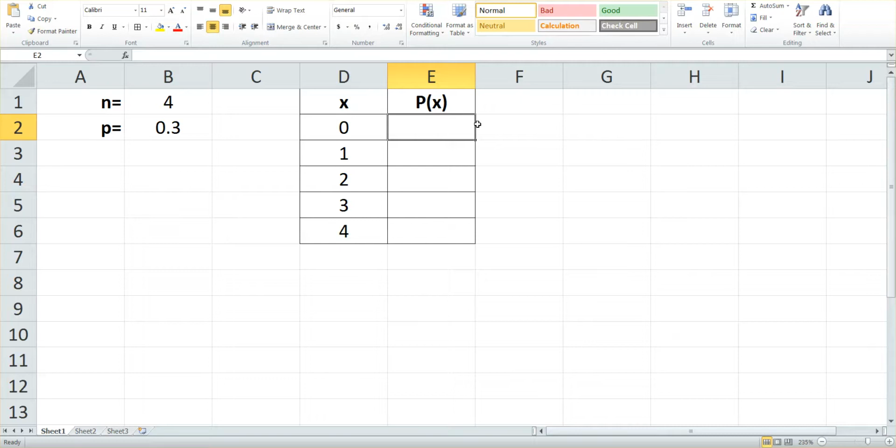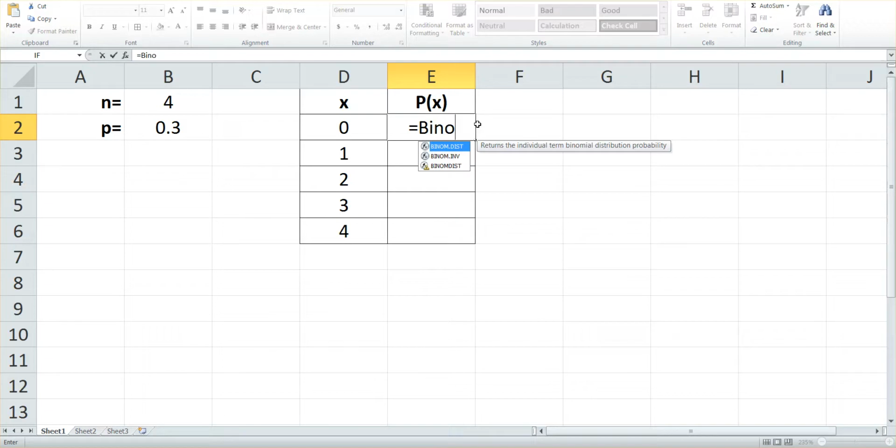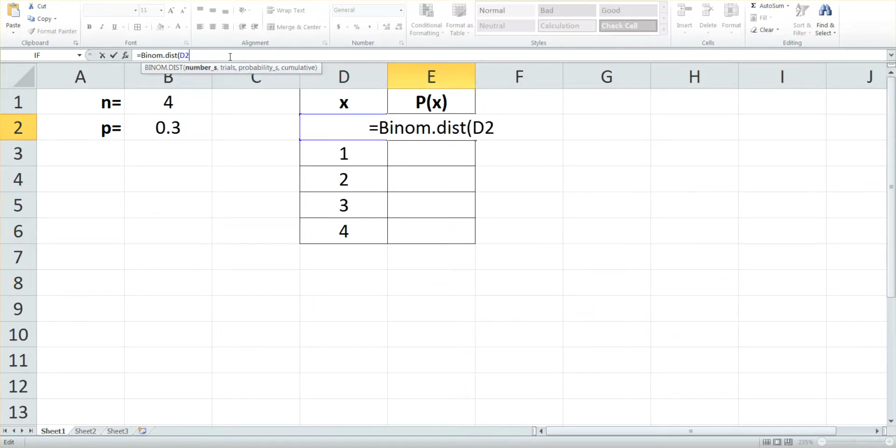Now the first thing I want to do is find the probabilities here. I'm going to show you this with a calculator and with Excel. With Excel, it's actually really easy. It's binom.dist. And you tell it the number of successes. Well, the number of successes is in cell D2 for me. So I'm going to say cell D2, comma,